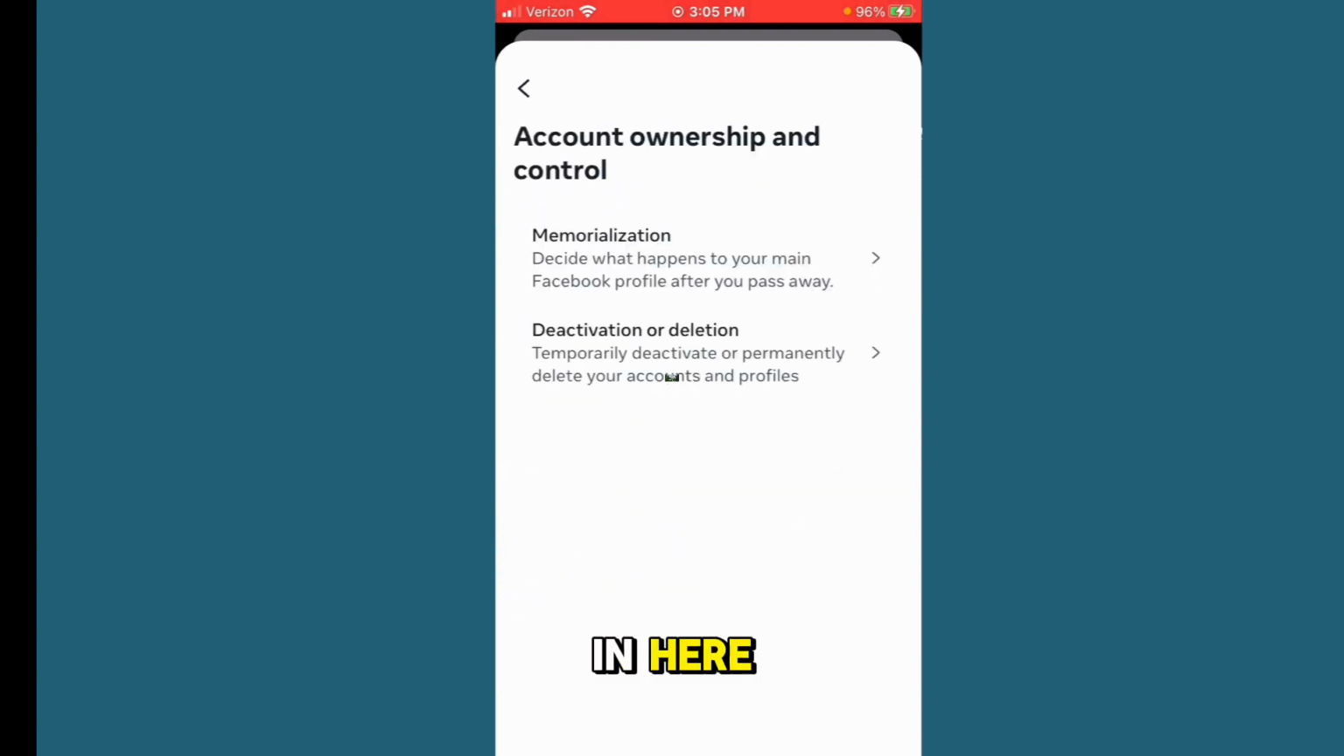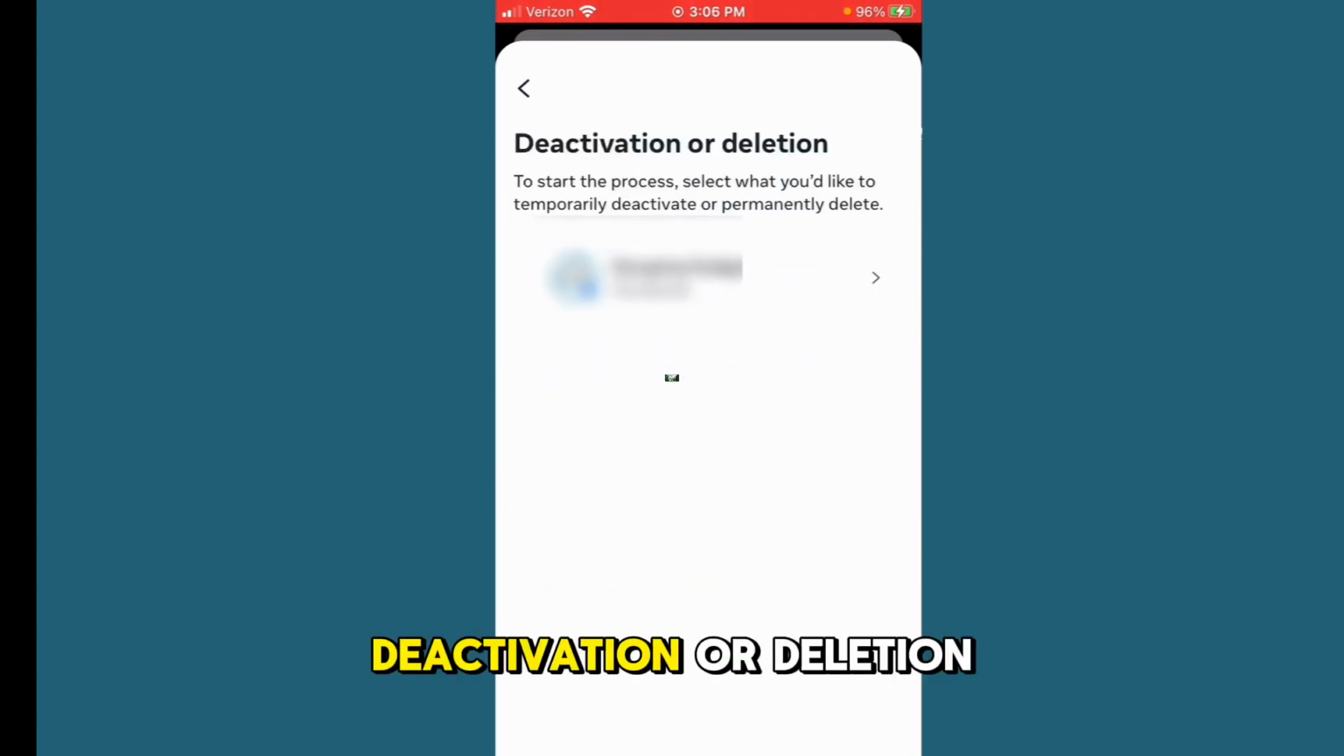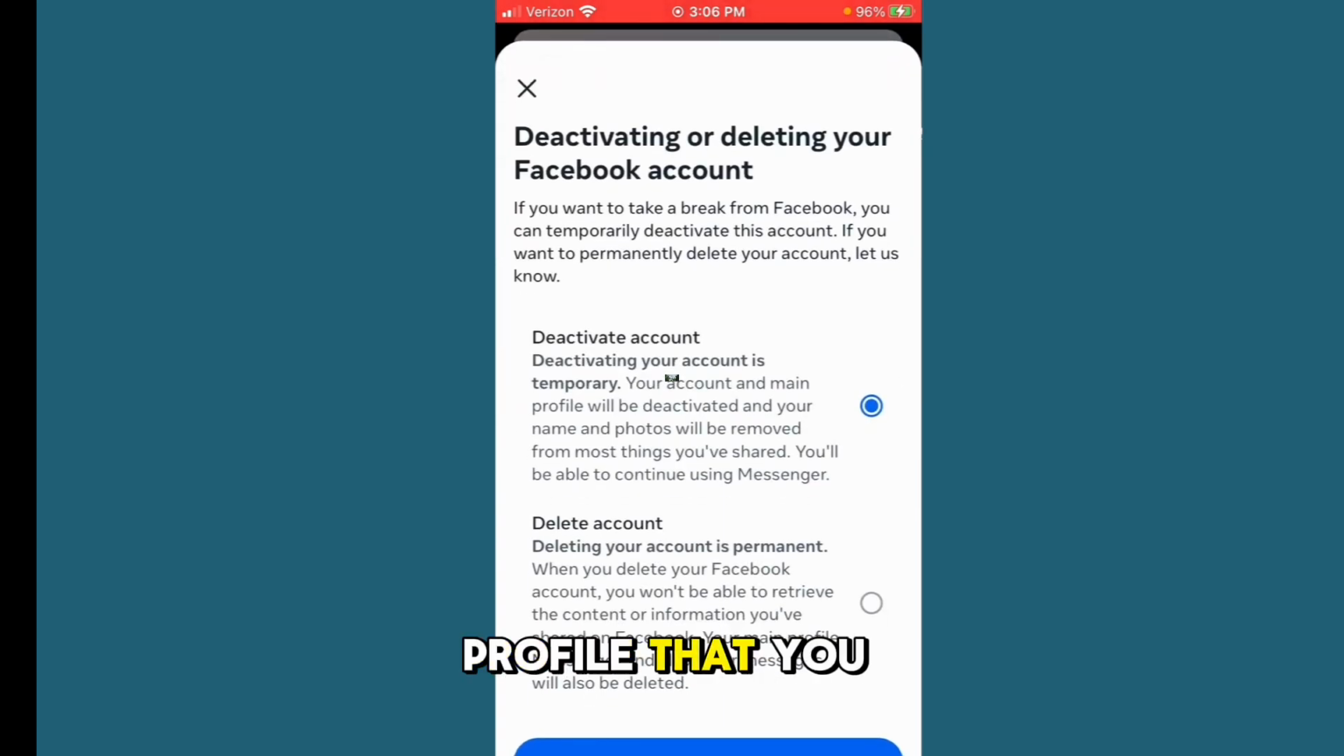Now that we're in here, all we need to do is select the last option, Deactivation or Deletion. Then, select the Facebook profile that you want to deactivate. You have two options in here. You can either deactivate your Facebook account, which is temporary, or you can permanently delete your Facebook account by changing to Delete Account. To temporarily deactivate our Facebook account, make sure Deactivate Account is selected and then go down to